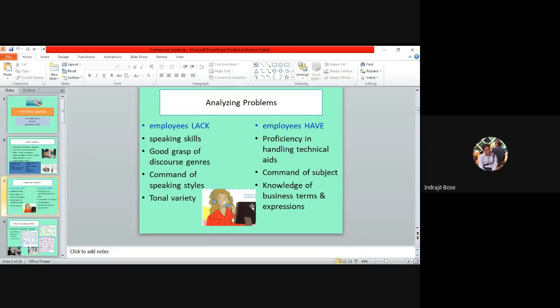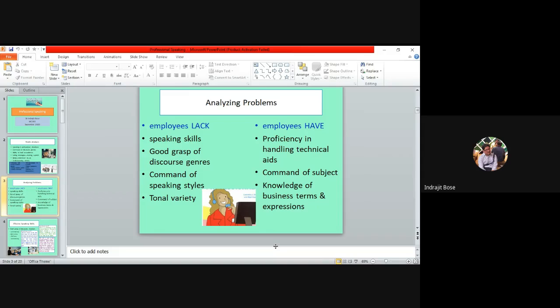Now, in general, they have certain things: they can handle the technical aids well, they know the subject more or less well, and they know the various business terms and expressions that they have to use. Because obviously, you have to use the professional business vocabulary if you are speaking in professional situations, right? I think you will agree with me that that is important. So they know the professional vocabulary. They know something about the technicalities of handling PowerPoints, giving presentations, making PowerPoints. So they know those, but